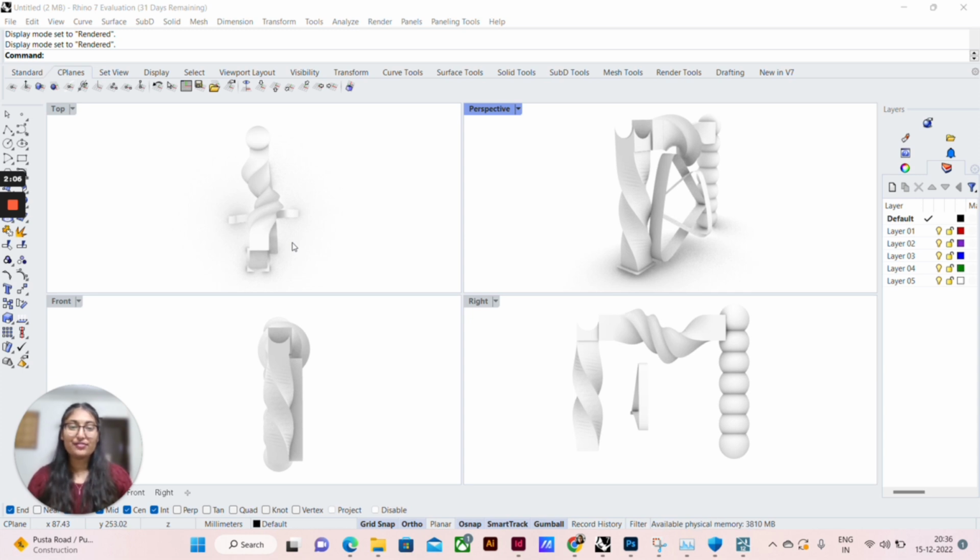This is one of the fun exercises which we were given to make in Rhino. In this exercise, we were asked to explore the different commands that can be used in Rhino. I used different commands like tween surfaces, twist, match surfaces, flow along surfaces, and many more to create this deformed sculpture.